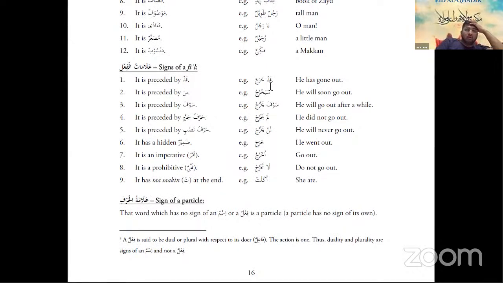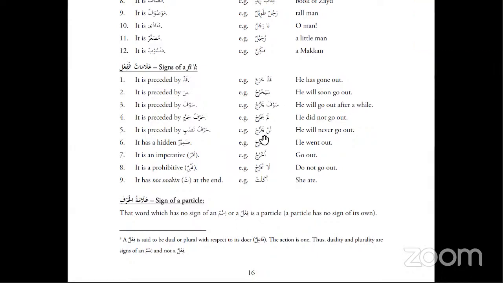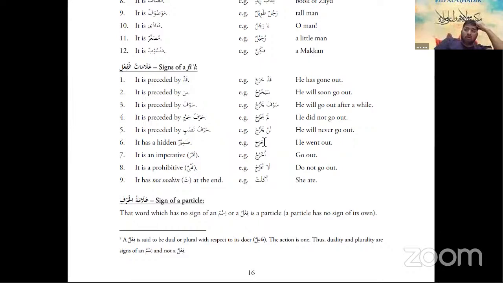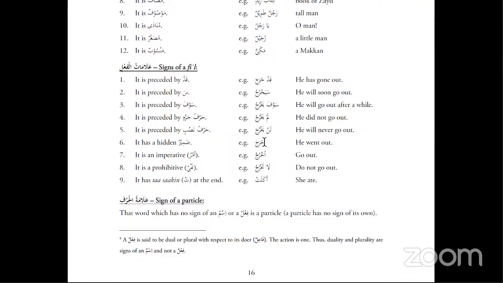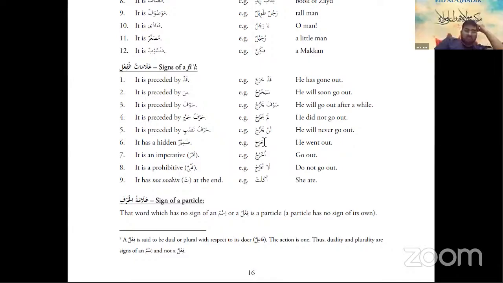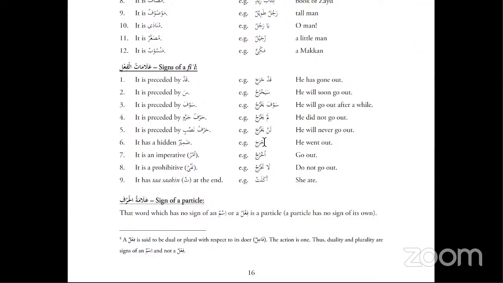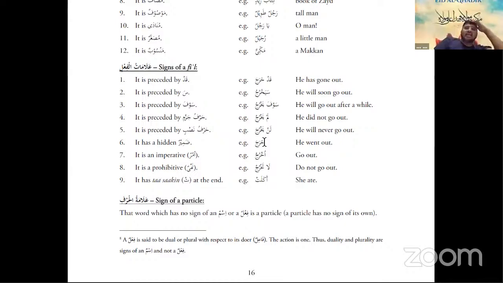Look for example of qad, seen, sawfa, lam, and lan. So when we are talking about the 30th juz, we are talking about Surah Nas and Ikhlas. Yeah, and the other surahs as well. From Surah Naba to Surah Nas, the whole 30th para. And how will I do all those? Do as many as you can. You have to give me at least one example of qad.